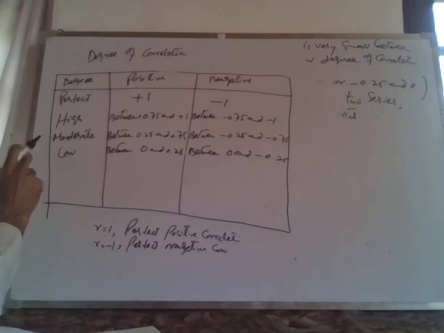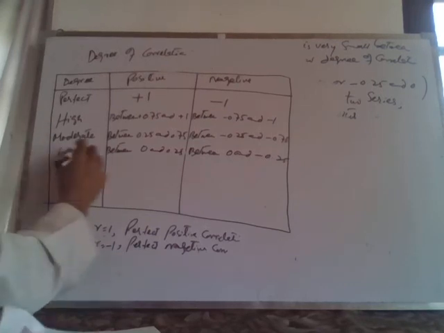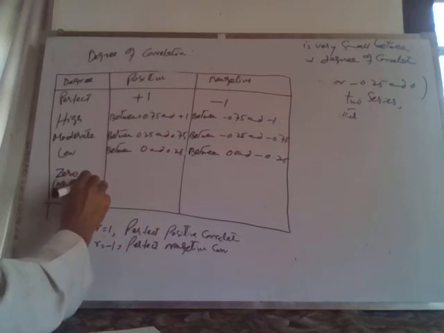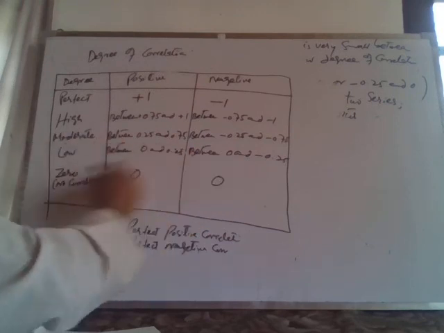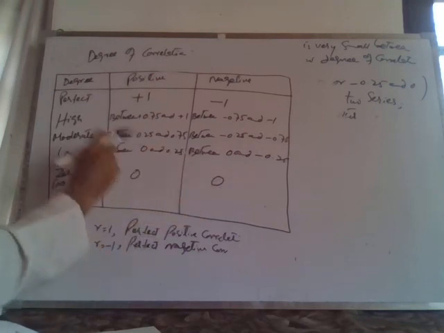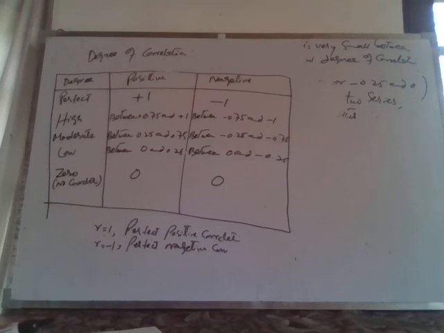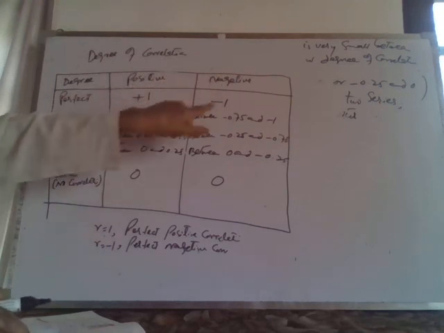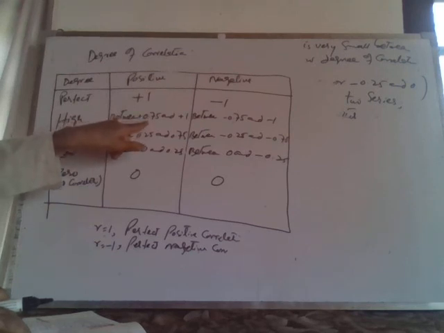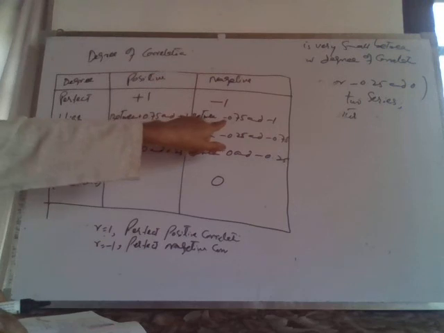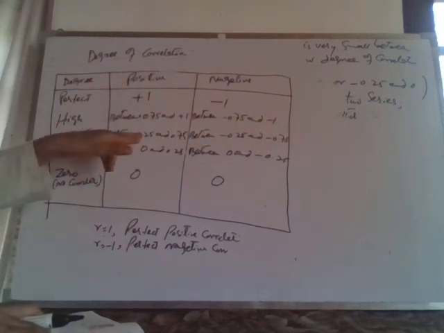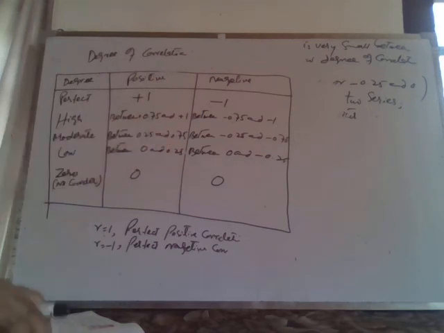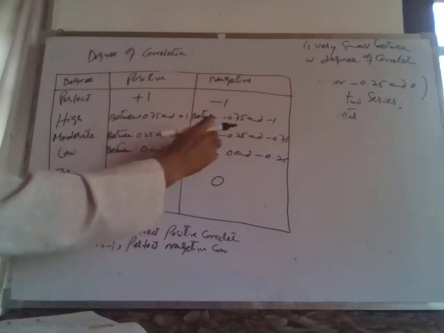तो ये हो गए 4। जब जीरो कोरिलेशन या नो कोरिलेशन है, तो उस वक्त 0 आएगा, यहाँ भी 0 आएगा, यहाँ नो कोरिलेशन 0 वैल्यू, तो ये नो कोरिलेशन। So this is all about the degrees of correlation। ये टेबल हमें बिल्कुल क्लियर करता है कि परफेक्ट पॉजिटिव कब होगा, जब +1 होगा, परफेक्ट नेगेटिव होगा तो -1 होगा, हाई पॉजिटिव होगा तो बिटवीन वैल्यू होगा 0.75 एंड 1, हाई नेगेटिव होगा तो -0.75 एंड -1।